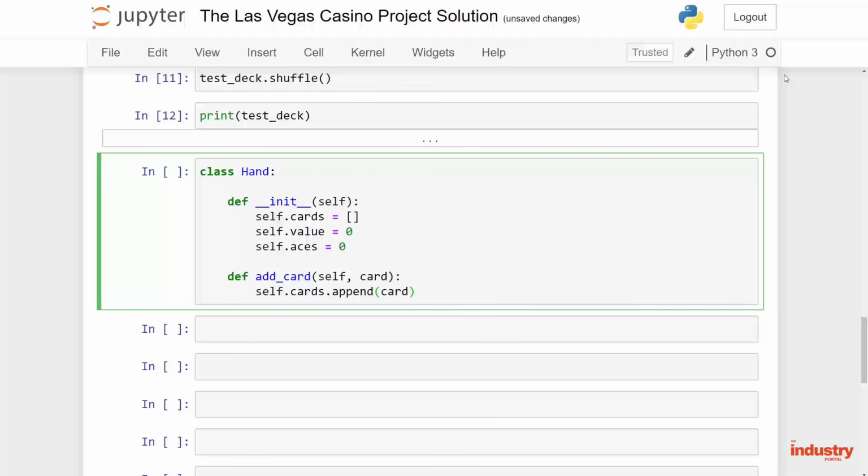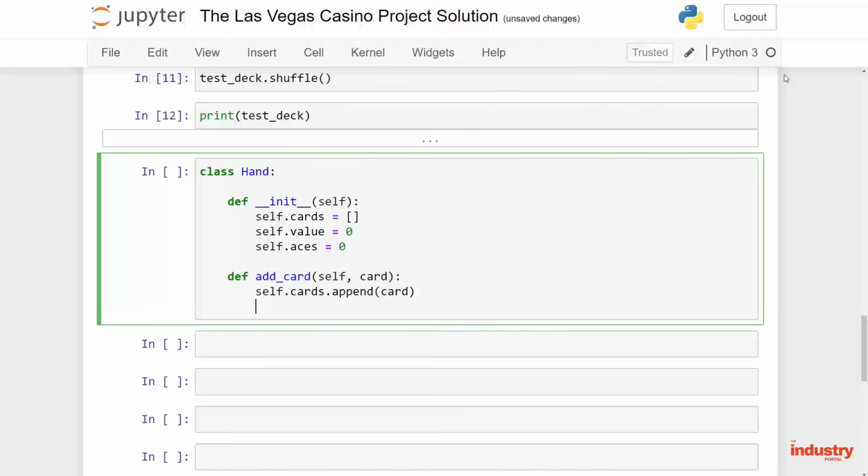Now once we've been given a card, we know that this card would have a value, so we then need to adjust our self.value attribute by putting self.value then plus equals, and what do we want to add here? Well, we want to access that dictionary which we created in the global variables section called values, because we need to obtain an integer associated with the rank. How do we access a specific element from a dictionary? Well, we can then put square brackets, and then we need to pass in a rank associated with the card